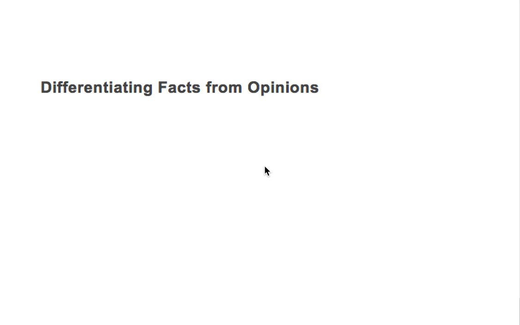Differentiating facts from opinions is a skill in reading that is quite important, that is crucial for us to be able to be an independent reader, someone who can think critically when reading, so that we will not be cheated, will